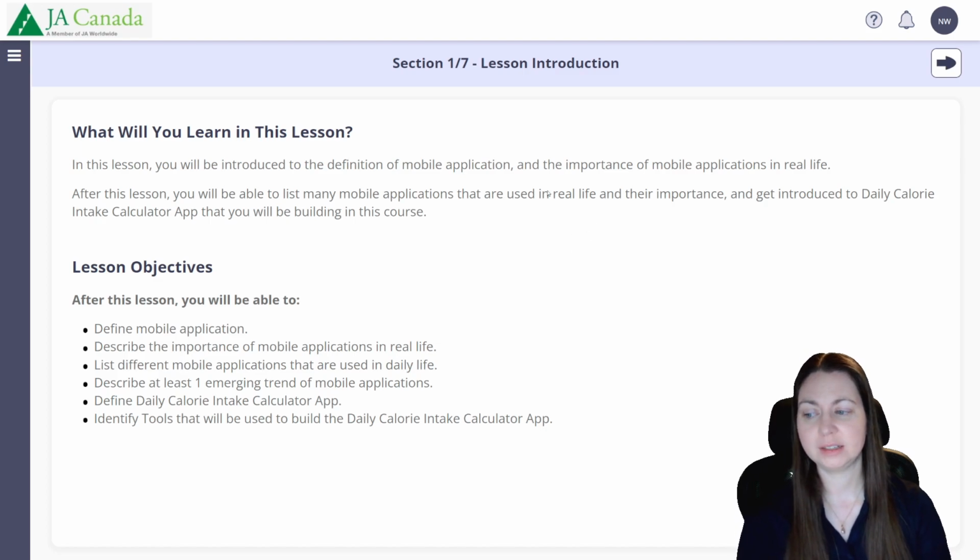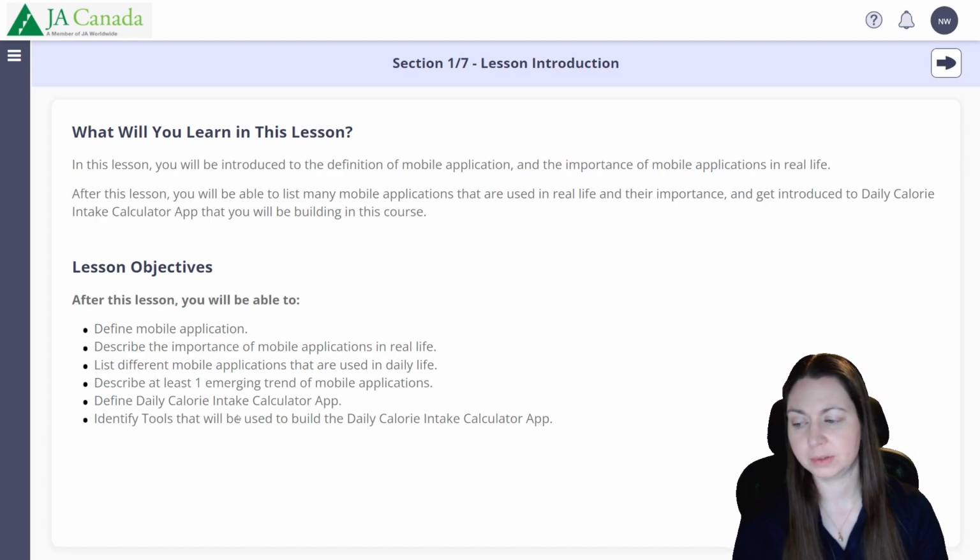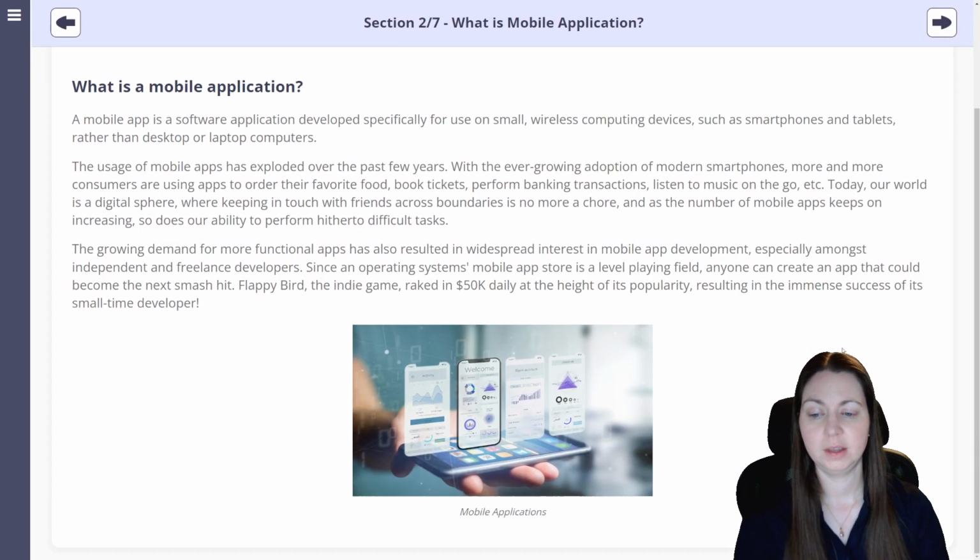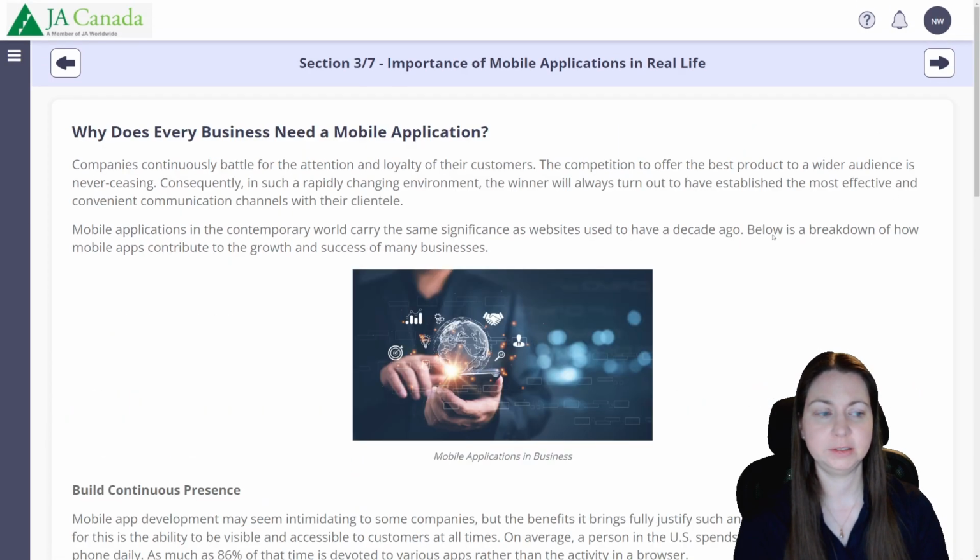So inside of the lessons, we always start the section with an outline of what material is going to be covered. So for example, in this one, we're going to talk about what is a mobile app and how we use them in real life, and what they'll be able to do by the end. So for example, list different mobile apps that we use in real life and maybe identify some of the tools that we're going to use in the final project in this course. So we work our way through the material,